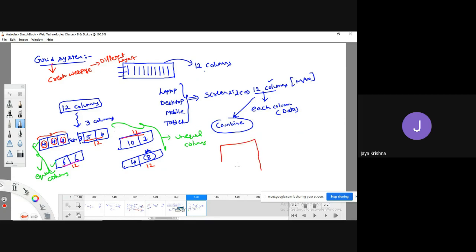That website will look like this. For example, sidebars are there, header is there, body is there, and footer is there. This is body, this is header, sidebar 1, sidebar 2, and this is footer. So, for example, if you open this in a laptop,